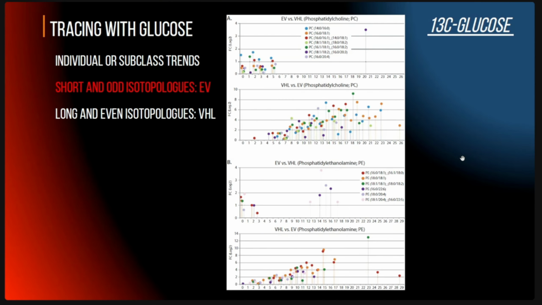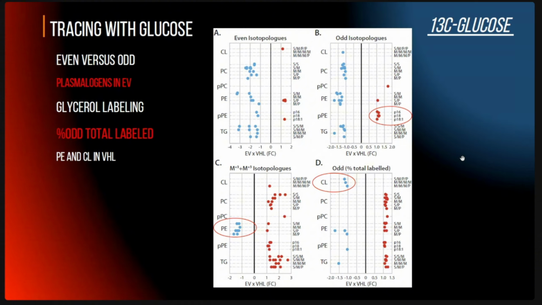And what is clear is that the lower mass isotopologues, like up to n plus 5, are sometimes higher in concentration in the glycolytic than the oxidative, whereas the higher mass isotopologues are more concentrated in the oxidative versus the glycolytic. So that was one thing that we had to do to interpret the data.